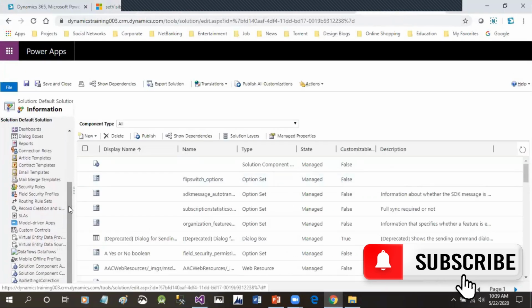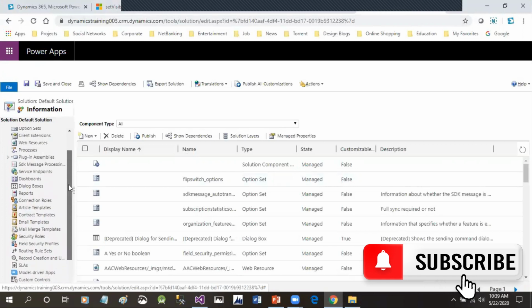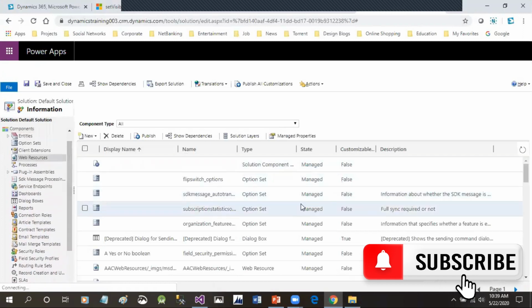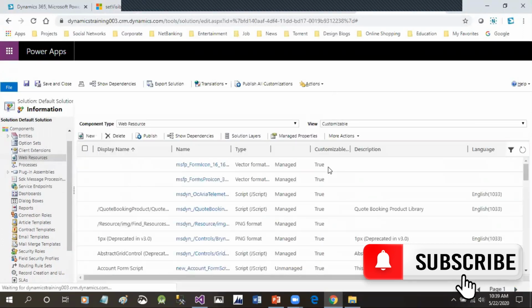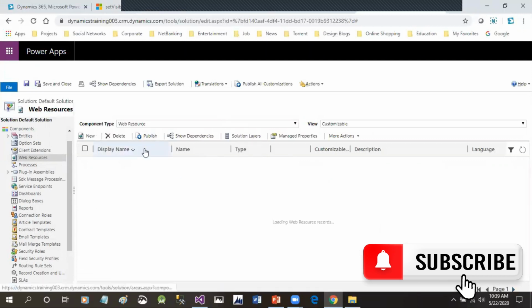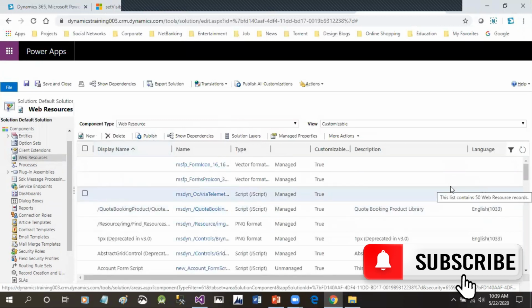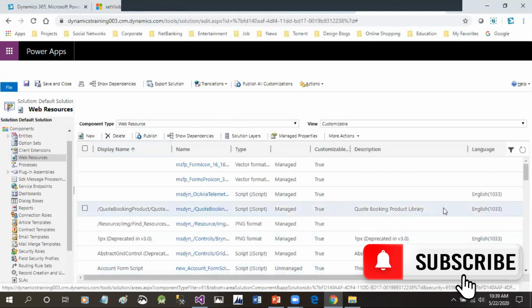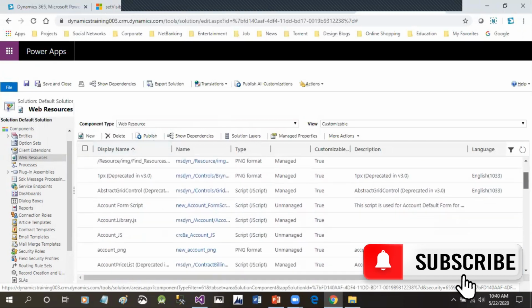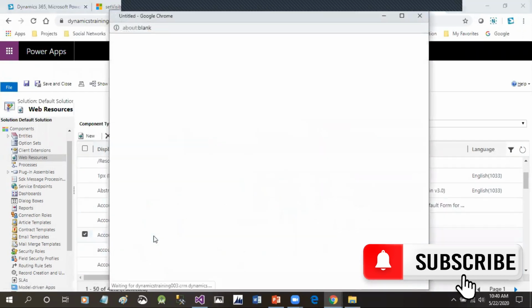Go to web resources. We have written account JavaScript, right? This one, account underscore JS.